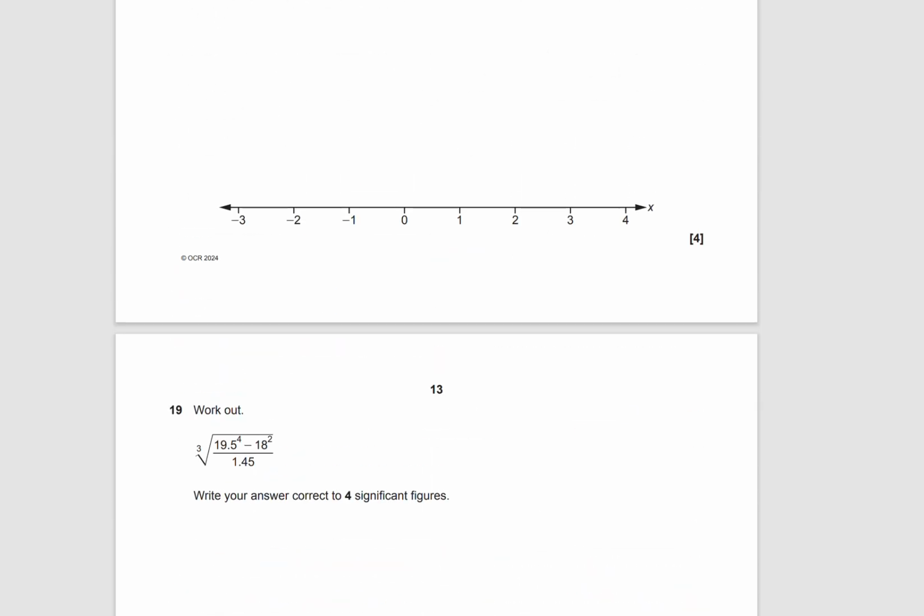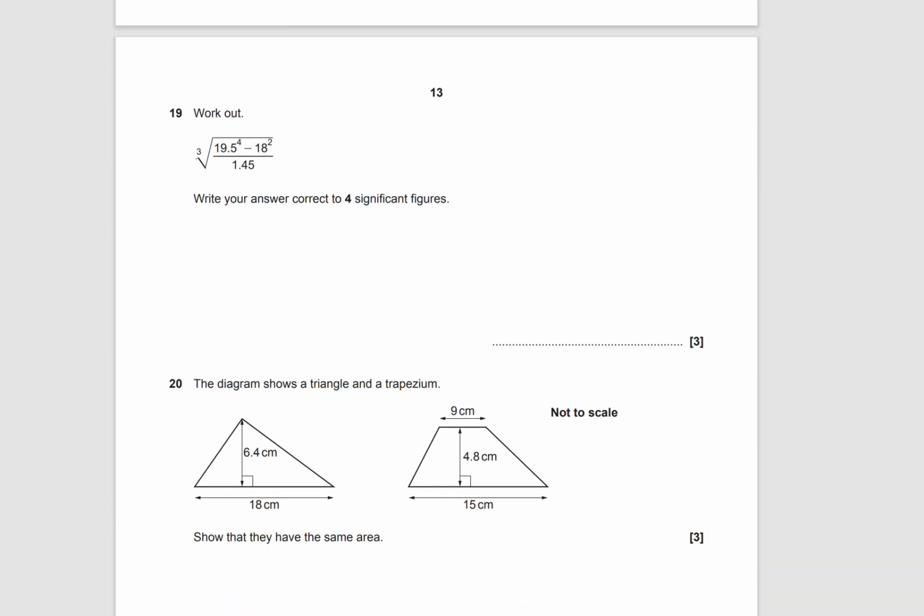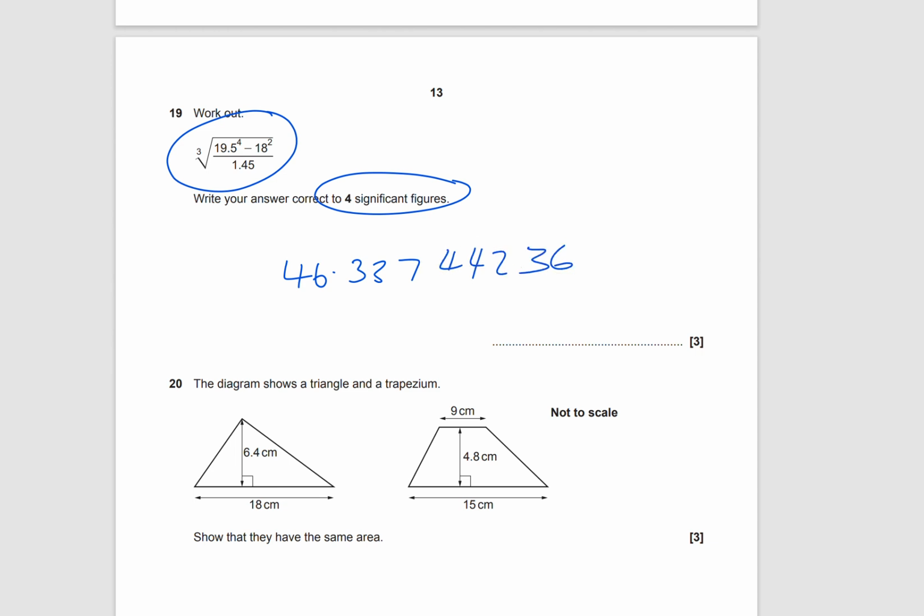So one of them is this particular question here. So when a question asks you to round your answer, is because I'm a wizard, I know what this is off the top of my head. It is 46.337 44236. Now the question asked me to round the answer, and what a lot of our students typically have done